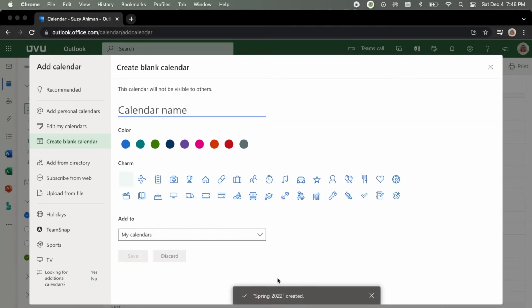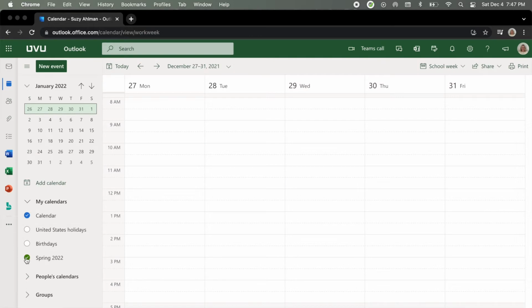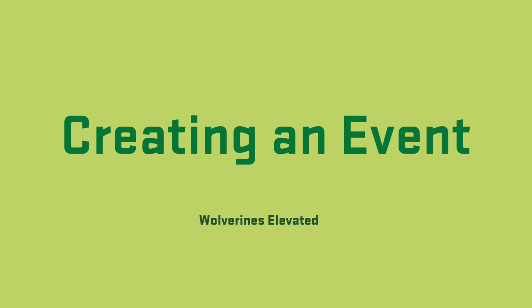Now that your calendar has been saved, you can go over here on the right-hand side and click the X. On the left-hand side, we can see all of your different calendars. If you're wanting to edit the Spring 2022, make sure that you don't have any other calendars selected. Now that you have created your calendar, we can go into the next step, which is creating an event or